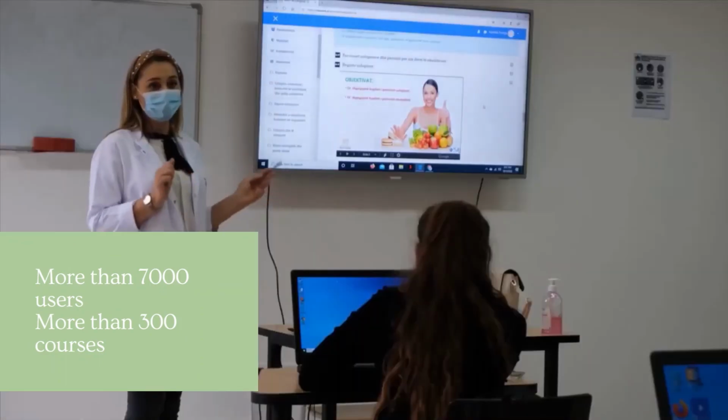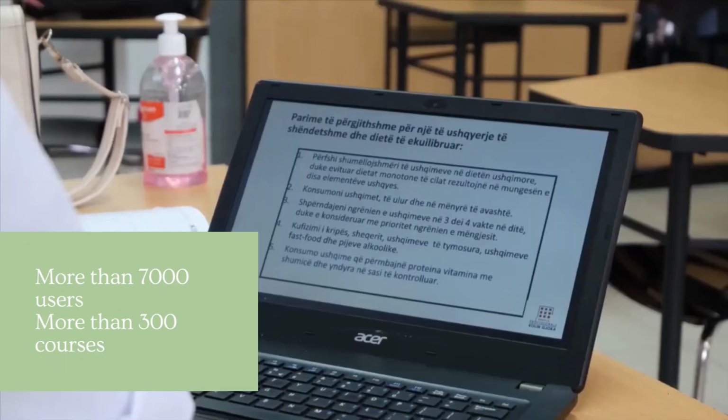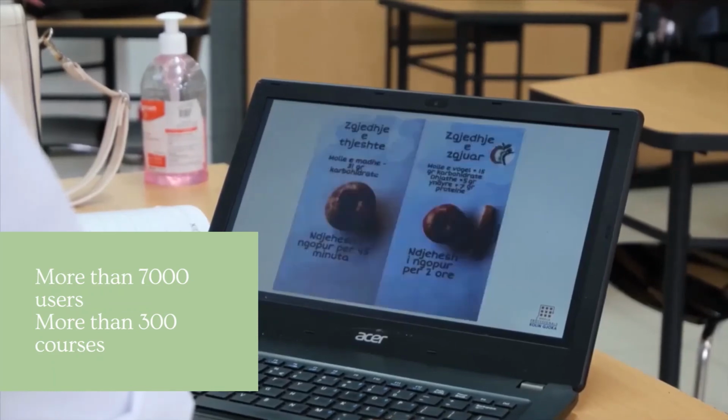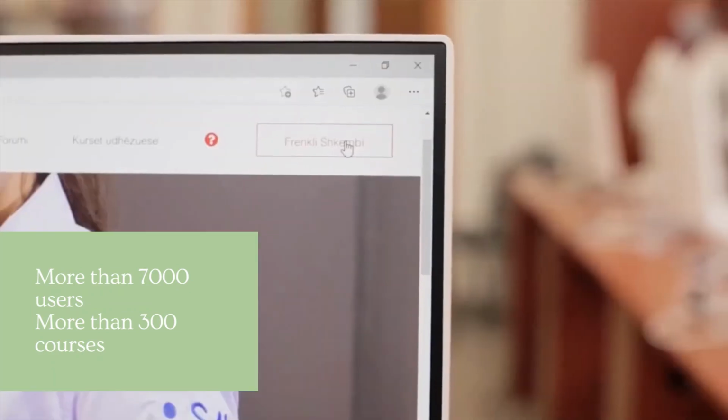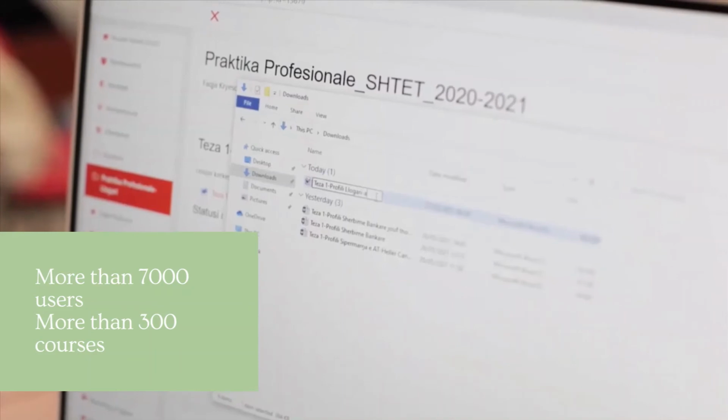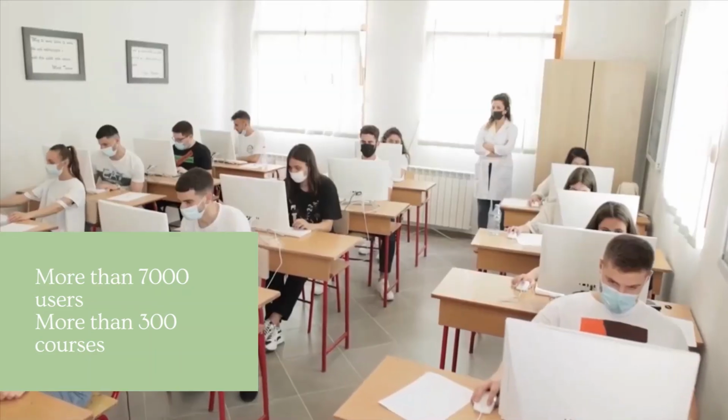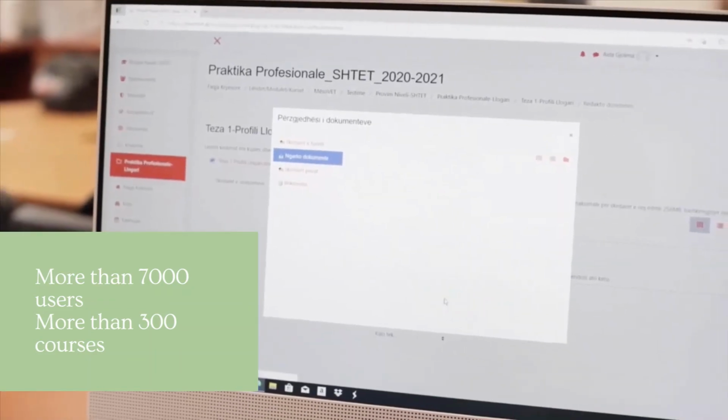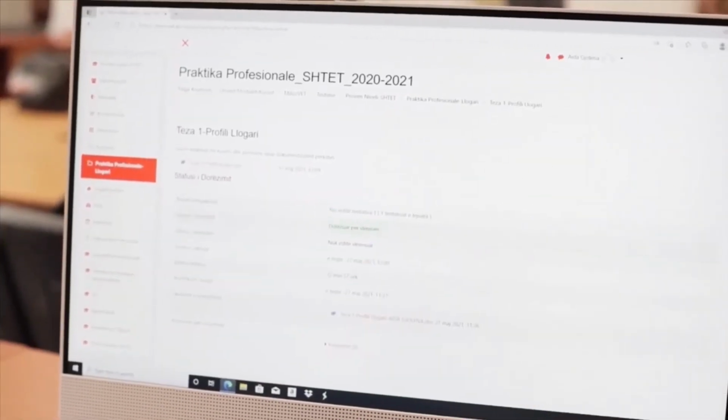There are more than 7,000 users in Musovit and more than 300 courses. The platform serves as an all-inclusive solution that provides easy access to education from computers and mobile devices. Teachers were trained and mentored to develop interactive and digital teaching materials on how to use a platform for distance and blended learning, enabling the creation of a wide community of users.